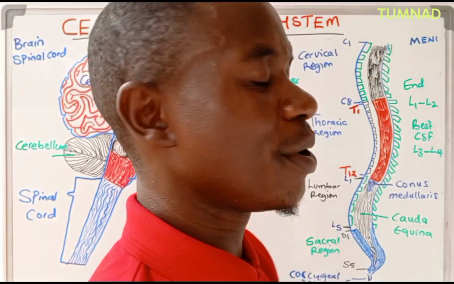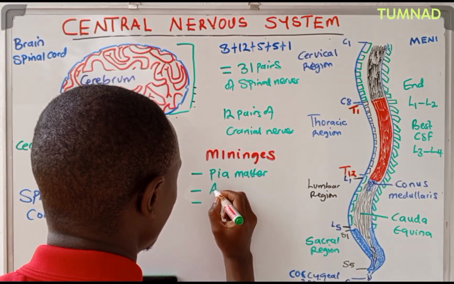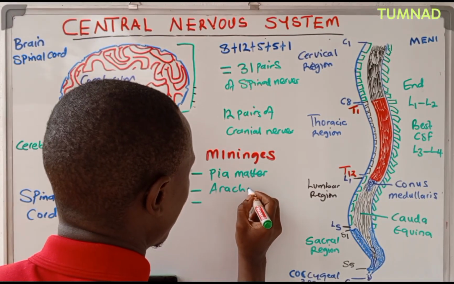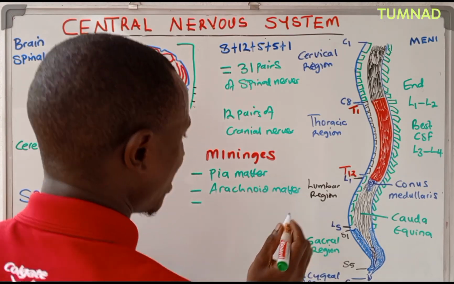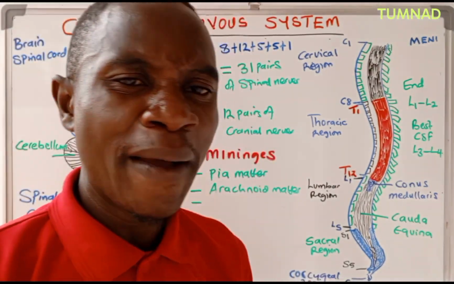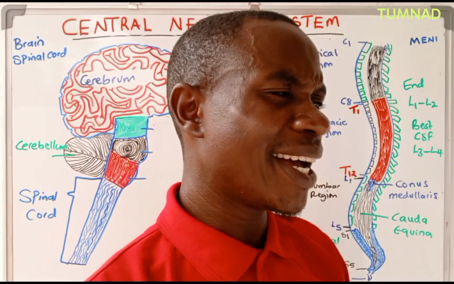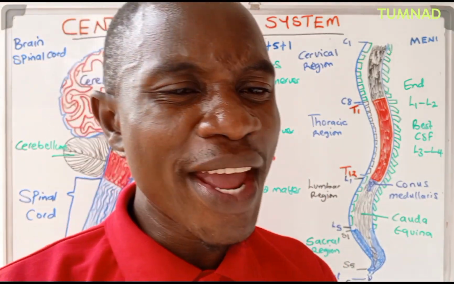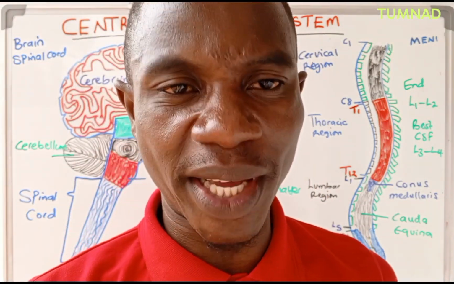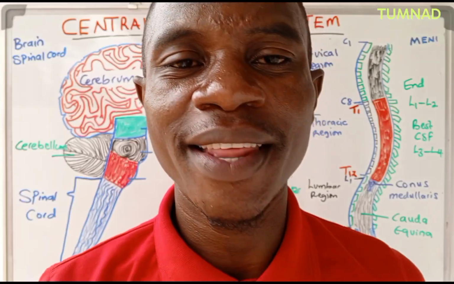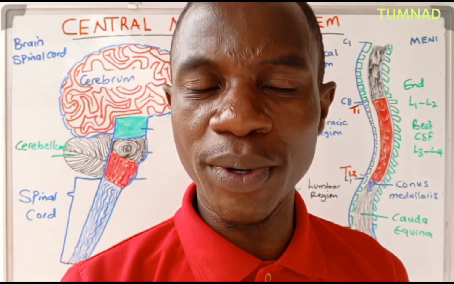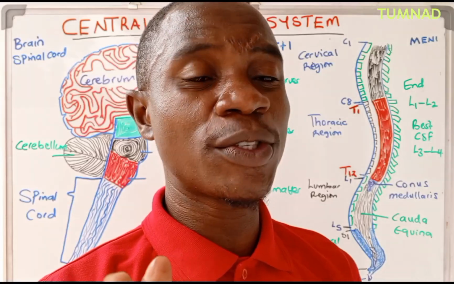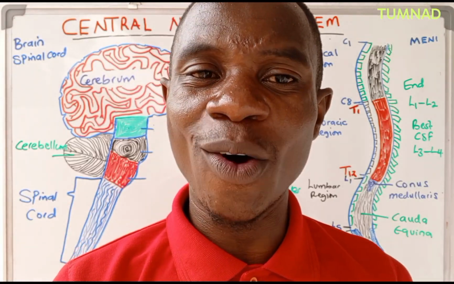the arachnoid mater. Now between the pia mater and arachnoid mater, we have a very beautiful space. How do we call that space? That space is what we call the subarachnoid space, and it is within the subarachnoid space that you're going to be finding our